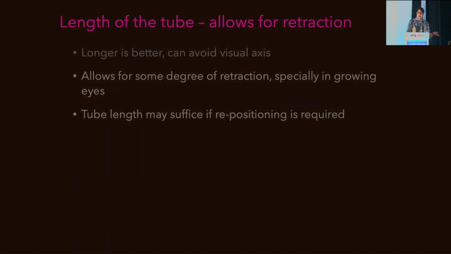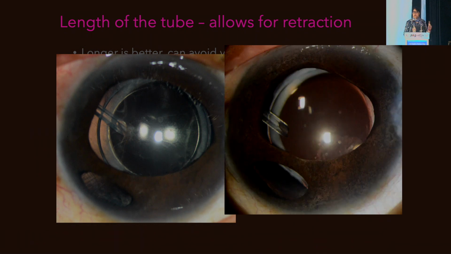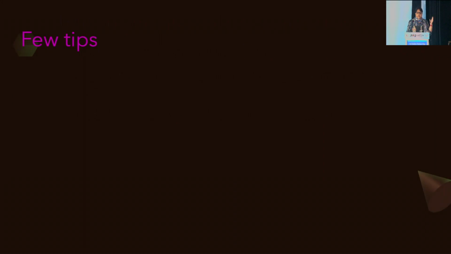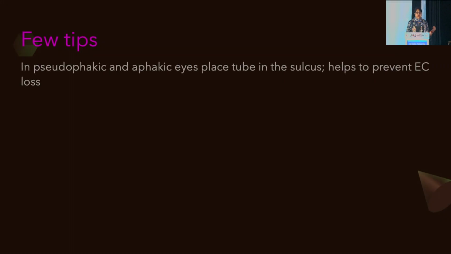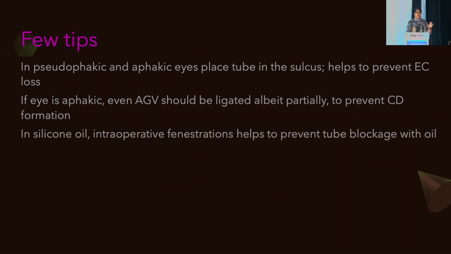Then length of the tube, I usually keep it long because it allows for retraction, especially in growing eyes, especially in children. And if the tube is long enough, you can reposition later without using any additional hardware. You can see here in this ICE syndrome, there is a little bit of retraction of this. This patient had actually undergone ADI. So, a few more tips: in pseudophakic, aphakic eyes, you place the tube in the sulcus, which helps to prevent endothelial cell loss. If the eye is aphakic, then even in AGV, I will use ligation, albeit partial. And in silicone oil, I actually